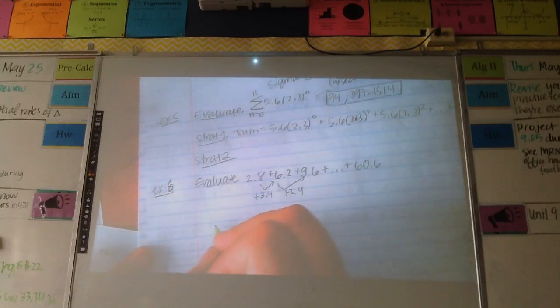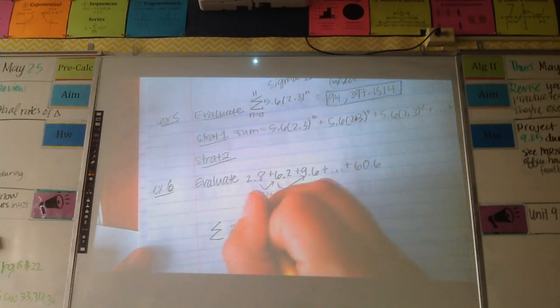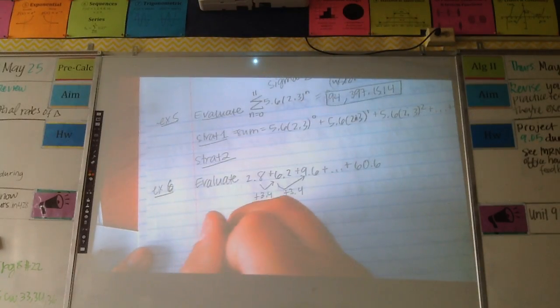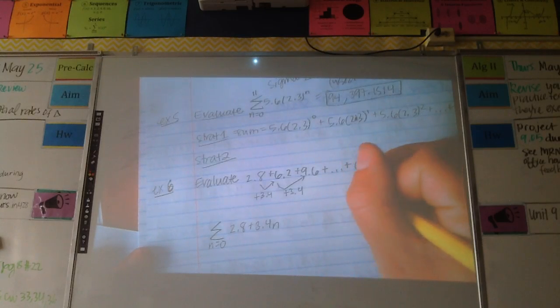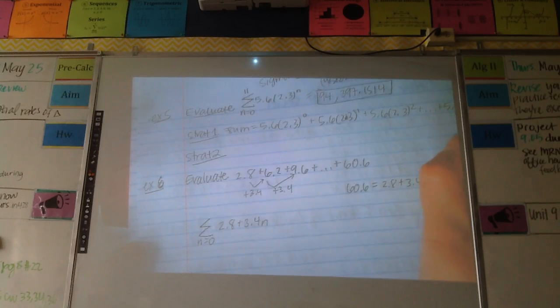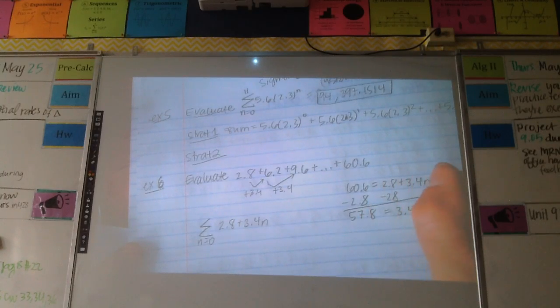So my summation notation, or sigma notation, it's gonna look like mx plus b, right, a line. It's 2.8 plus 3.4n. Just adding 3.4 and then add 3.4 again, and so on. Where n equals 0, I could call this my initial term. N goes from 0 to something. Well, 60.6 is some term in this sequence, so it'll look like 2.8 plus 3.4n for some n. So I can solve this equation. I have 57.8 is 3.4n,